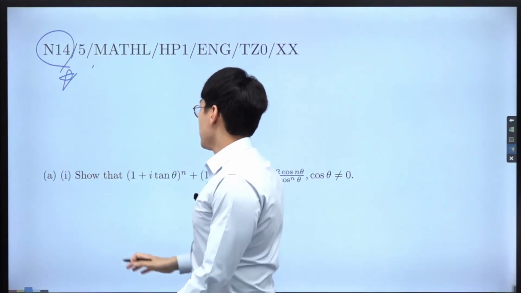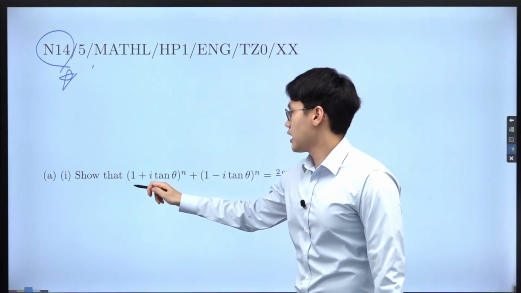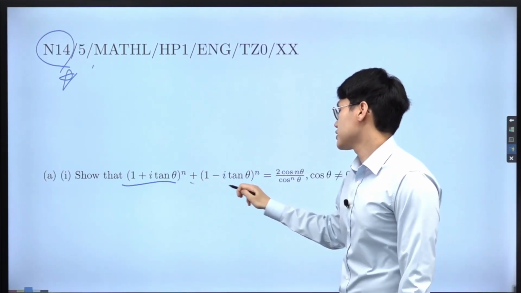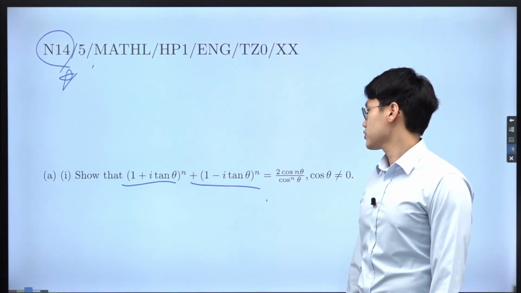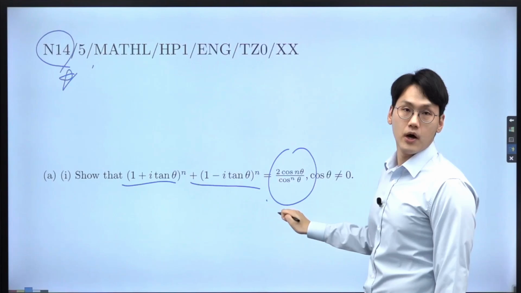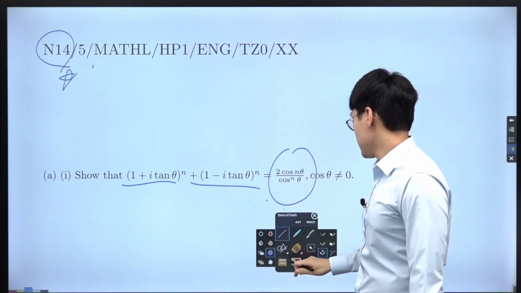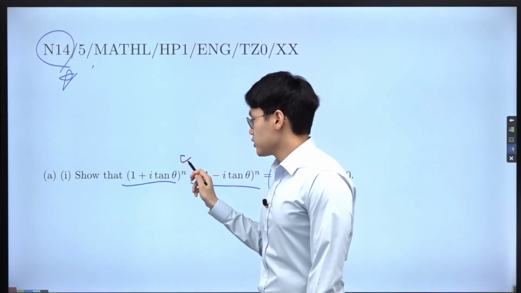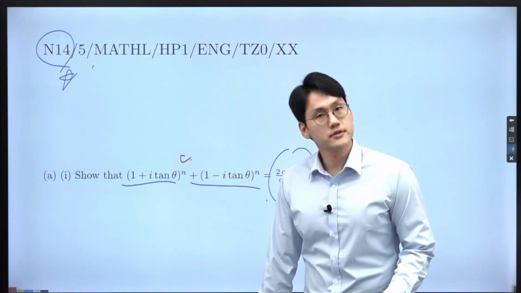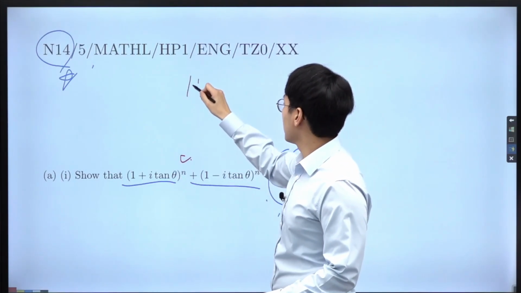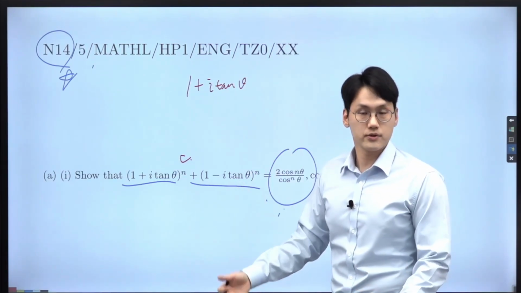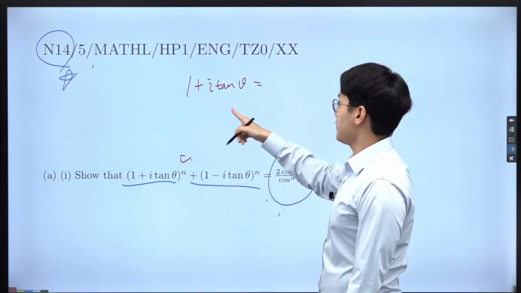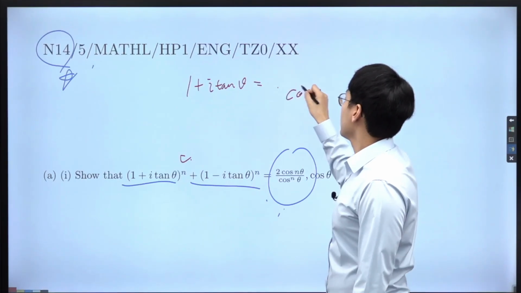Okay, so here what you had to do was to simplify (1 plus i tan theta) over (1 minus i tan theta), to the power of n, into the following form. Obviously, every time you see a power, my friend, you want to use DMT, and for that you've got to put it into the cis form. And right now 1 plus i tan theta is not in the cis form. Well, that's okay, because what we can do here is put it into the common denominator cosine theta,